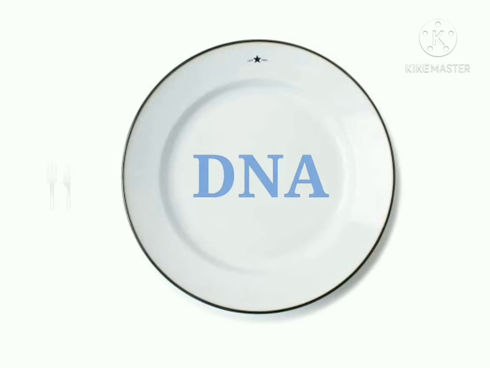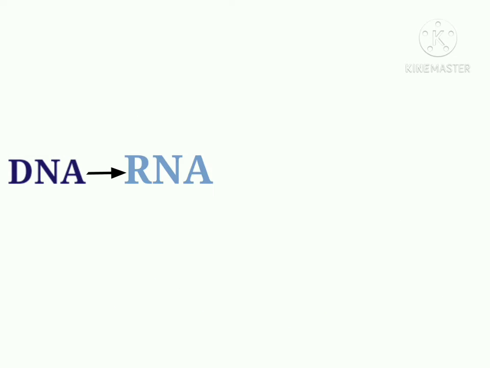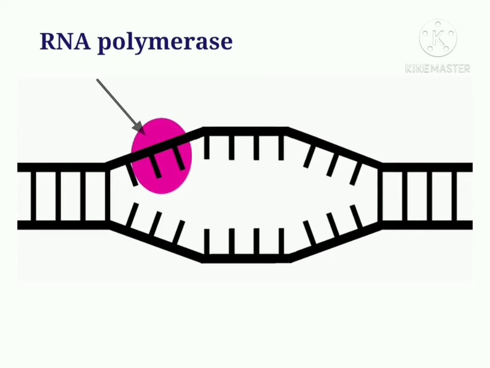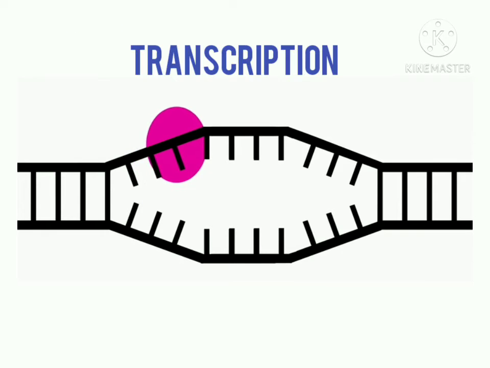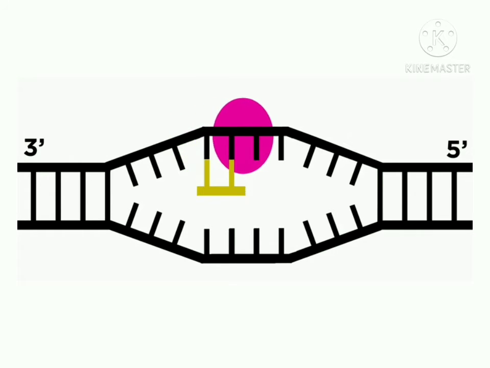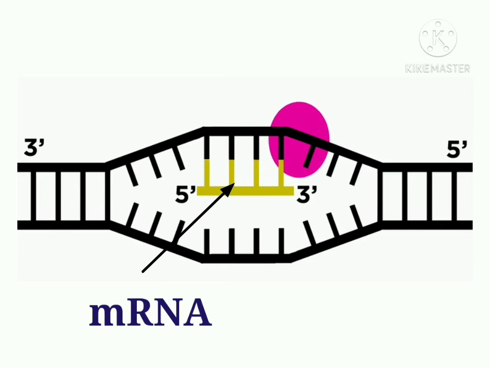How does DNA become a recipe of creation? DNA creates RNA, and RNA creates proteins, and proteins create life. DNA synthesizes RNA by a process called transcription. An enzyme called RNA polymerase is attached to the DNA to make a strand of mRNA, or messenger RNA, a